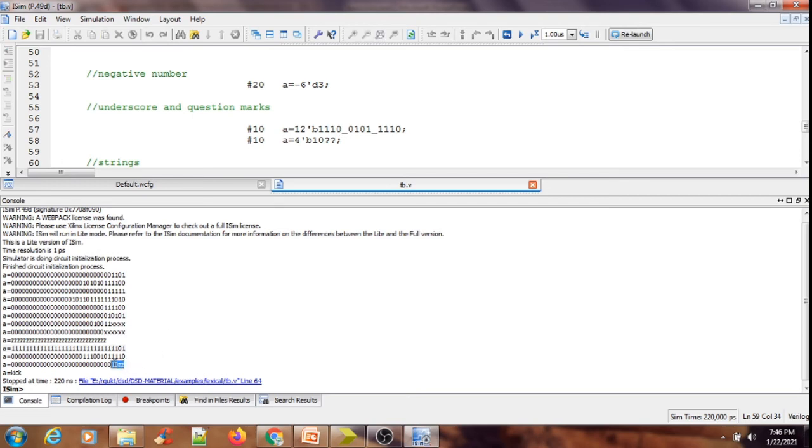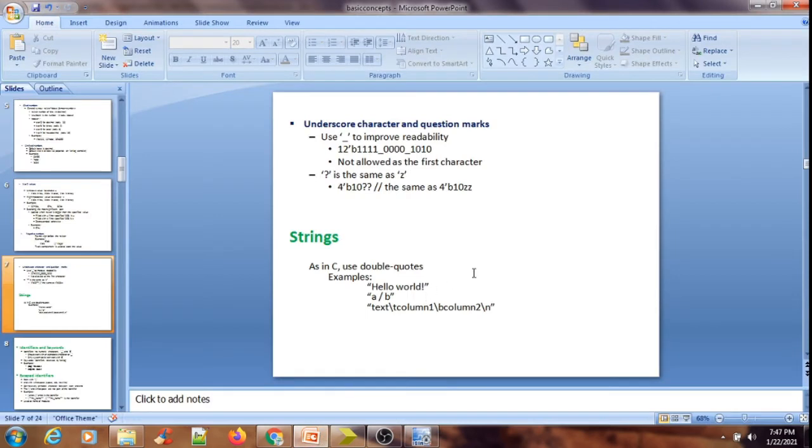So you can observe the outputs here. That is A equal to 10 z and z, I have got as an output. Okay, and the remaining vacant bits, because I have told that I have taken a 32-bit register, the MSBs of A are occupied by zeros simply. So the question marks are replaced by z. So the question mark is nothing but a substitution for z. That means it produces the same result as the high impedance value z.